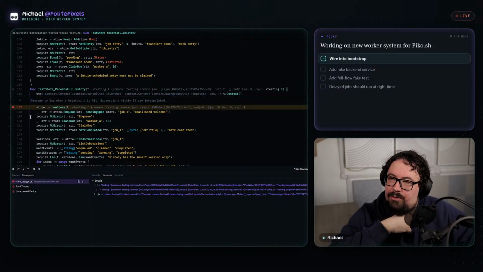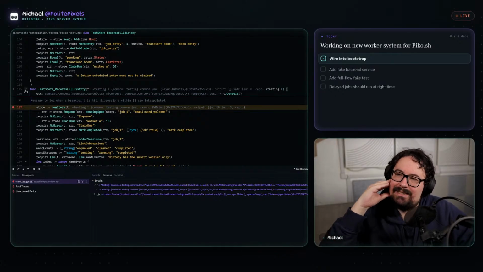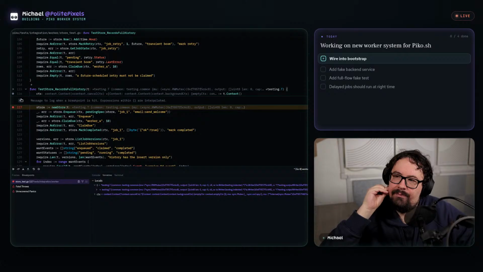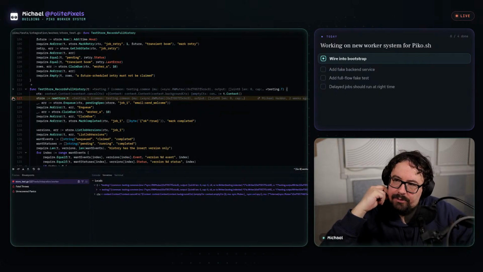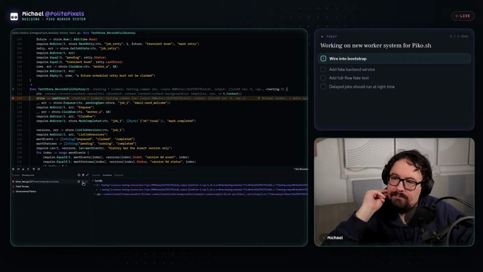Set log breakpoint. Message to log when a breakpoint is hit. But I guess that doesn't pause it. Okay. Set log message.